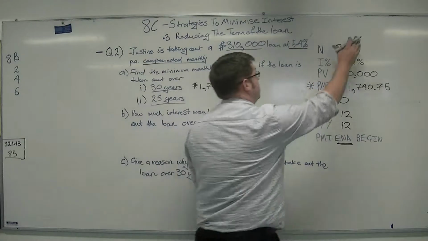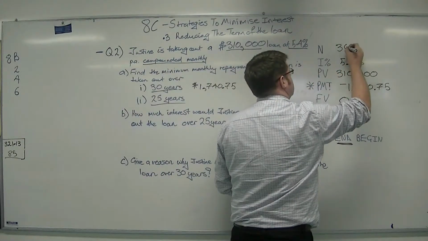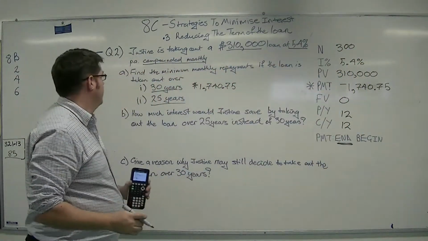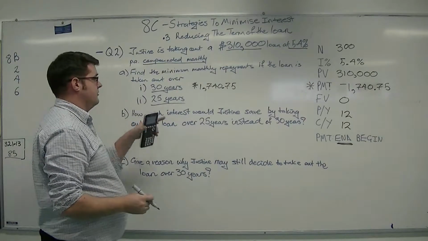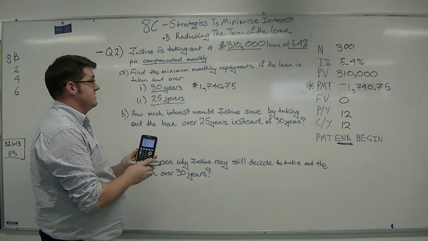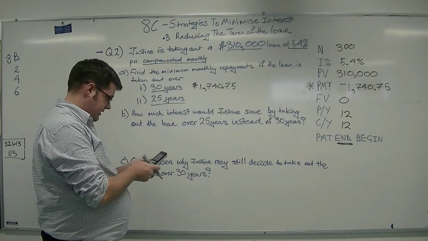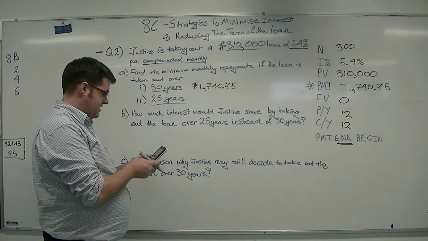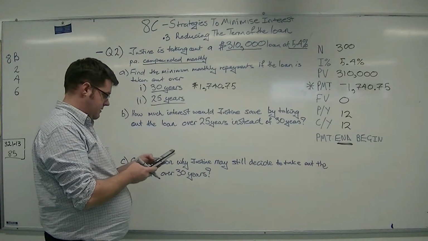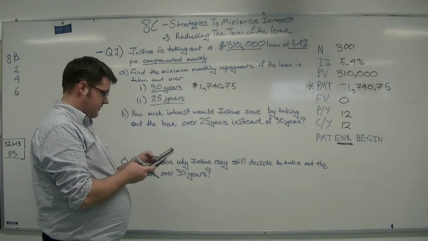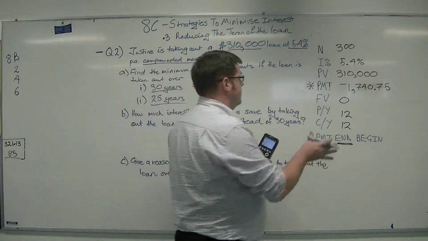So now we're told for 25 years, so that would be 25 times by 12, which is 300 periods, which makes sense because 5 times by 12 is 60, so it should be 60 less. So let's go and set that number up. Leaving everything else the same, just changing the number of periods, solving for the payment value,